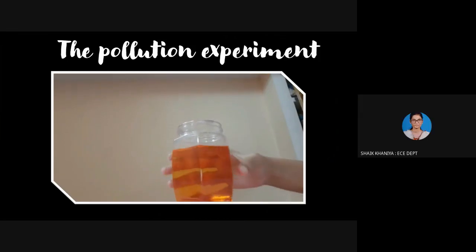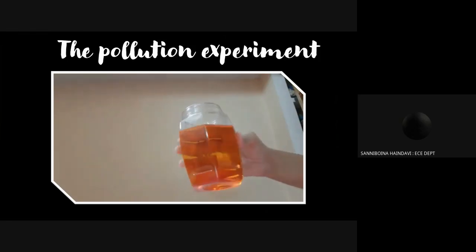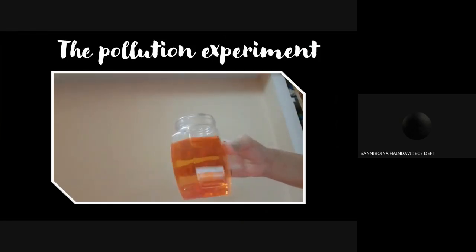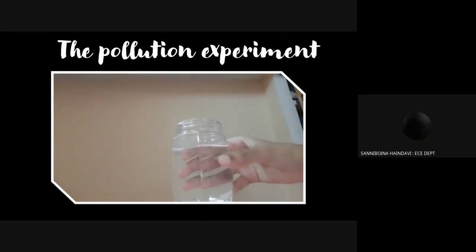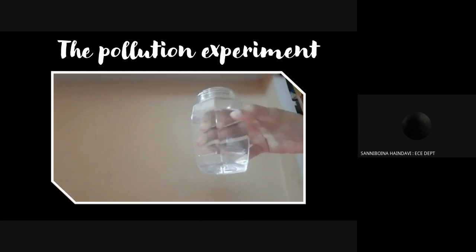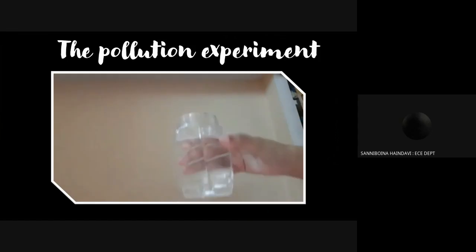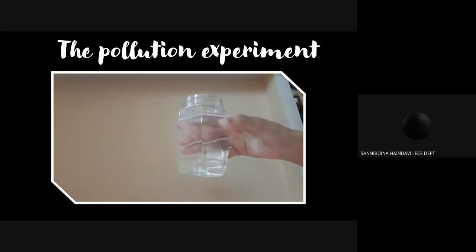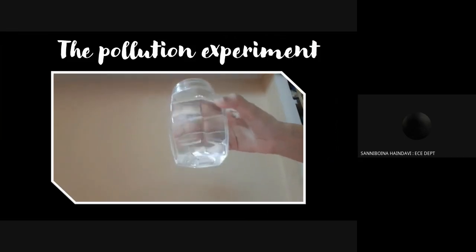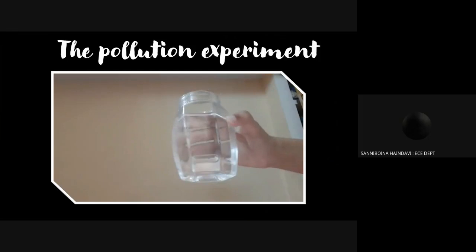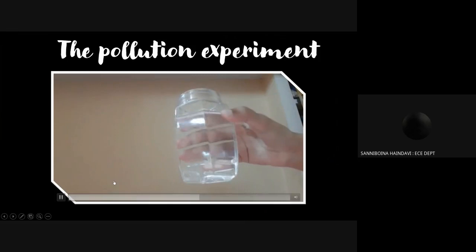Previously it was very clear and colorless, but when we added the food color, it changed to orange color. So it indicates some change in the water, and the water is somewhat polluted here. Next, again, we should take completely clean and fresh water which is free from all the impurities. After taking this water, we should add some vinegar to it, because we are adding some impurities. We cannot find them with our eyes, but we can sense the smell of the water. The smell is very different from the previous case. So by sensing the smell, we can say that the water is polluted here.